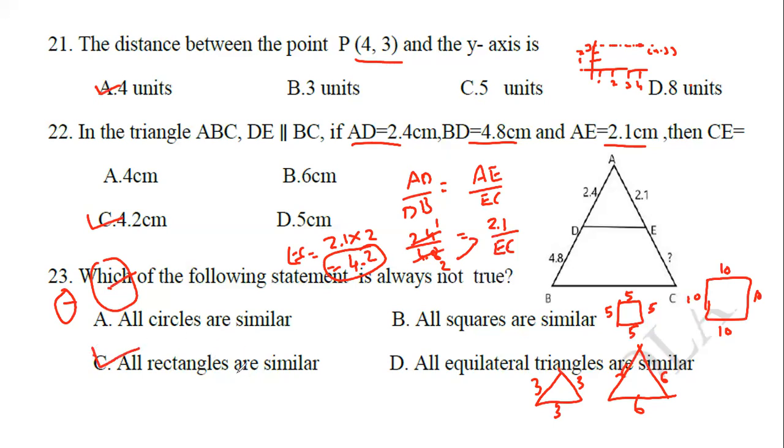All rectangles are similar? Because when I take this one, this is 2, this is 2. Opposite sides are equal. So for another one, I will take this one is 6, this one is 6, and this one I will take 18 and 18. When you take the ratios, they are not equal. So which option is right? Option C, because the question asks which statement is always not true. You need to choose which statement is wrong here. So the option C statement is wrong: all rectangles are similar. I hope all of you understood this 23rd question. Okay, let's move to the 24th question.